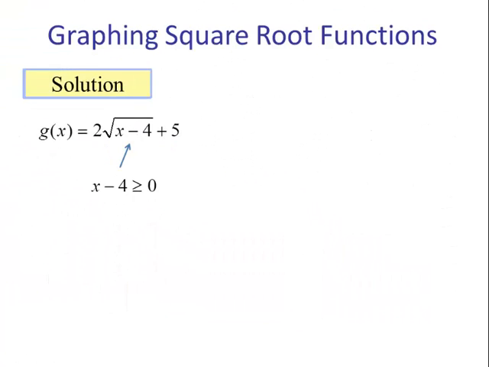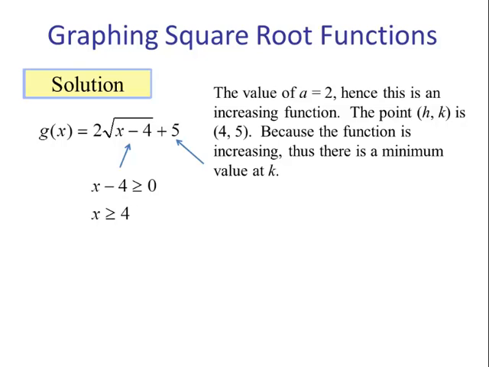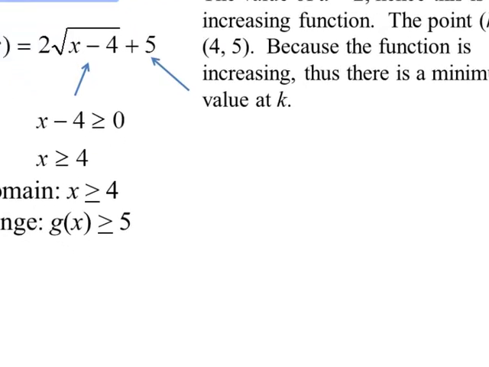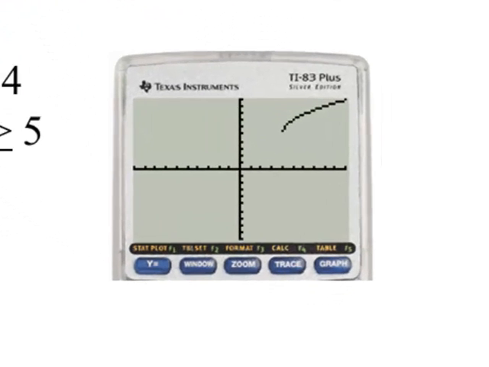C, we take x minus 4, the expression under the radical symbol, set it greater than or equal to 0, and solve for x. So this is our domain. Our range, since this is an increasing function, we will have a minimum at k, and that's at 5. So our range is g of x is greater than or equal to 5. This can be verified by the graph